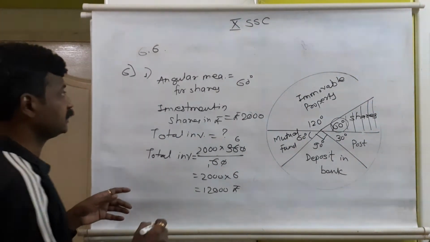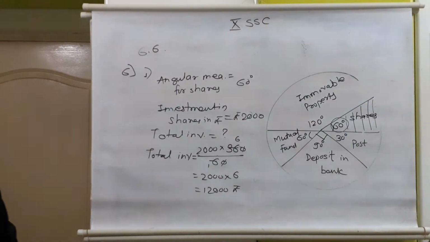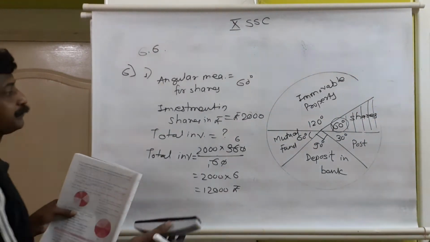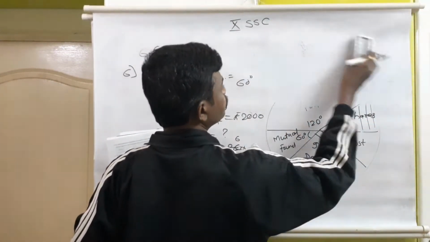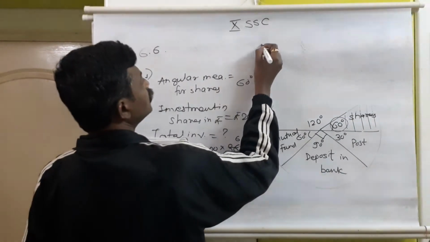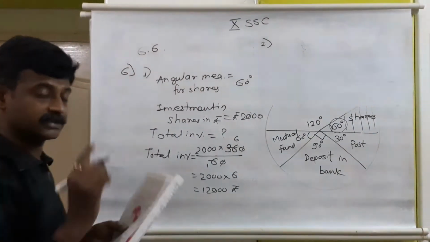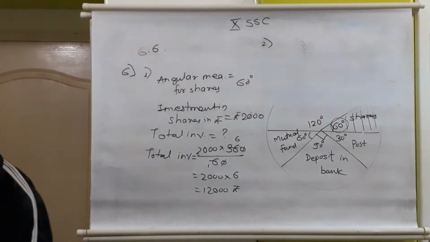Let us continue with another question of this, sub question number 2. In sub question number 2, it is asked, how much amount is deposited in bank? How much amount is deposited in the bank? I will rub this area, so we can continue question number 2 there. So question number 6, sub question number 2. How much amount is deposited in bank? For the bank,